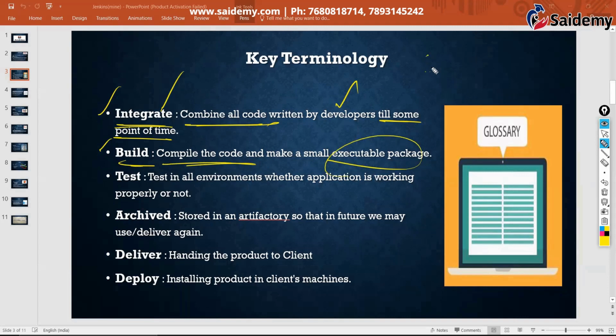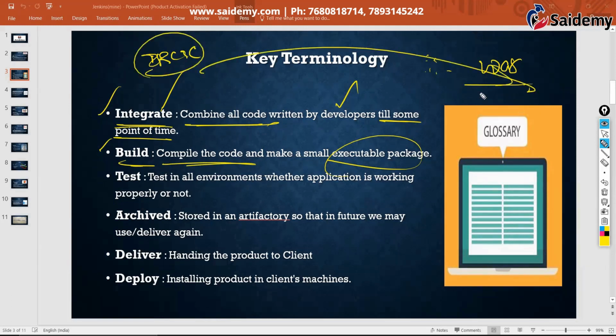So in our project, we are going to convert this entire source code into a WAR file, which we are going to deploy in a Tomcat server or any application server. So you can think the entire IRCTC application is one WAR file. Take the entire Uber application, it is one WAR file. Entire Ola application is one WAR file. Entire Swiggy application is one WAR file. That's all. So converting entire source code into an installable application, that process we call build.